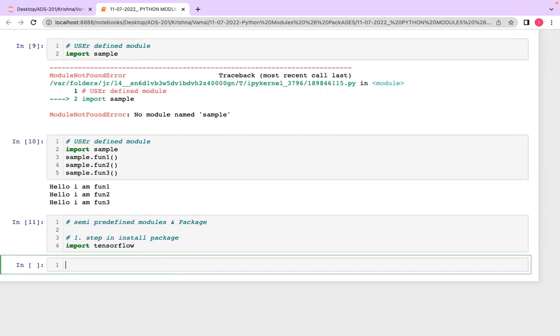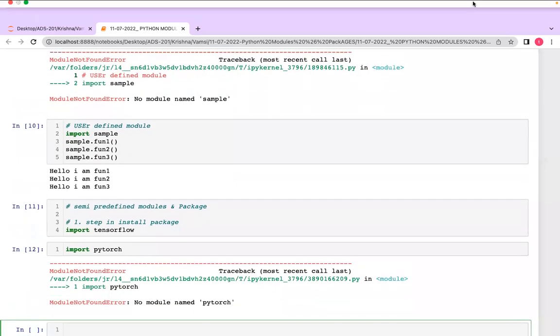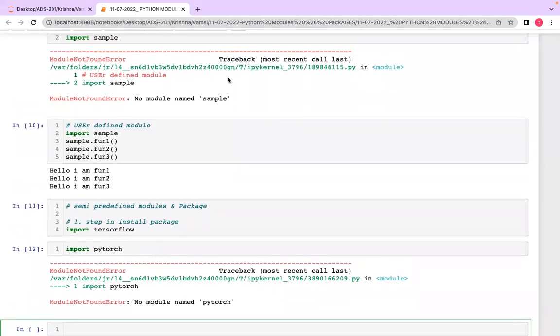Okay, PyTorch. So the PyTorch module is not there, right?